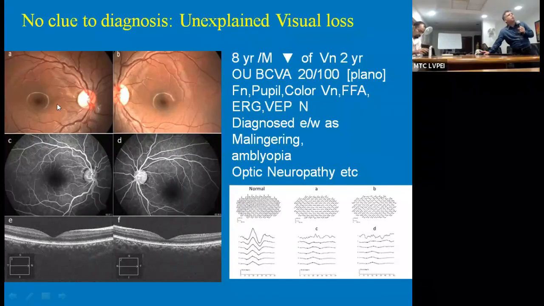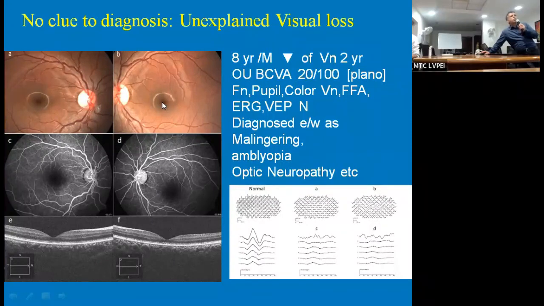So here we want to know some objective test targeted to every structure in the eye, like optic nerve, VEP, full field ERG. Then you have color vision, everything. Once we did, we want to know whether, though structurally the cone photoreceptors are good here, do they function well? So that can be told by the multifocal ERG.